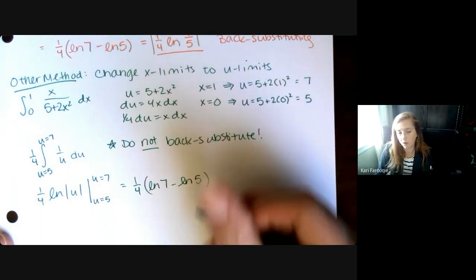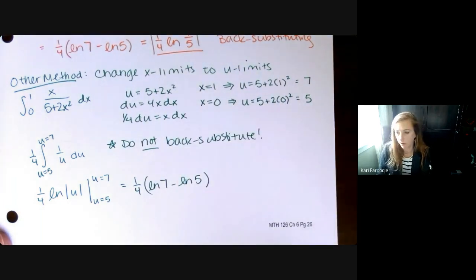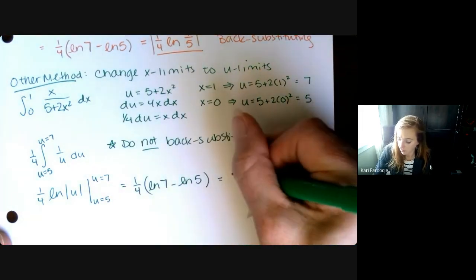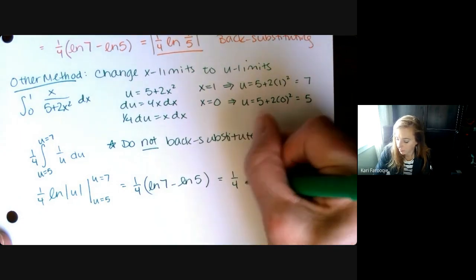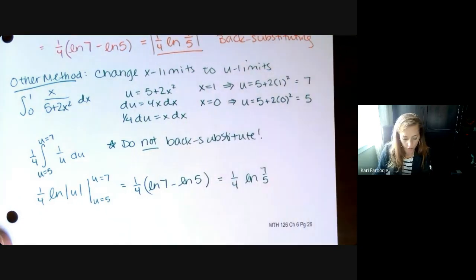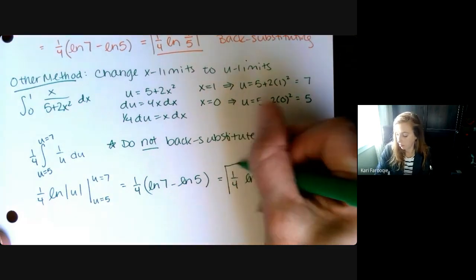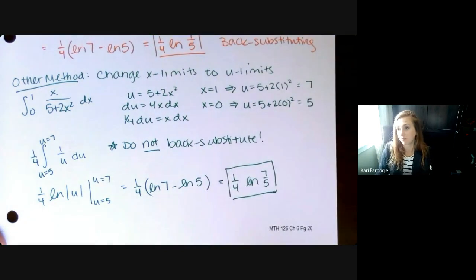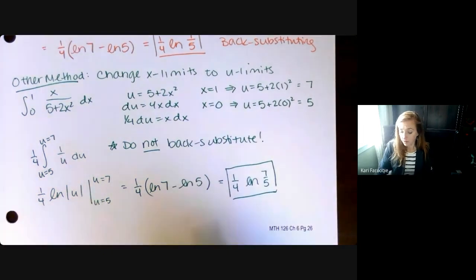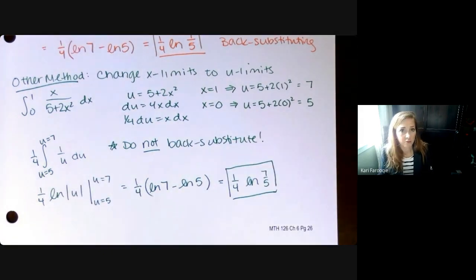And of course, these two are positive quantities. I can drop those absolute value bars. And then I arrive at the exact same conclusion, where I have 1/4 times the natural log of 7/5. So personally, I find this method of changing x limits to u limits just to be the smoothest way